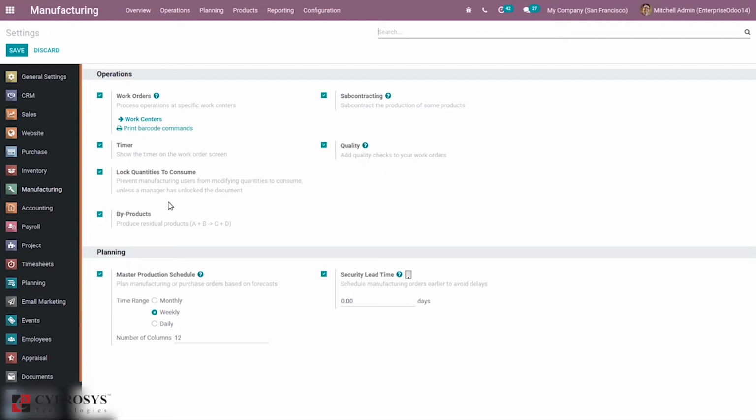We have to register during which operation this by-product is produced. If you want to add a by-product in your bill of material, you can do that, or we can also add a by-product while manufacturing a product. So enable the required options, then save the settings. These options are already enabled in my system, so I'm not saving again. Okay, coming back to our bill of material.